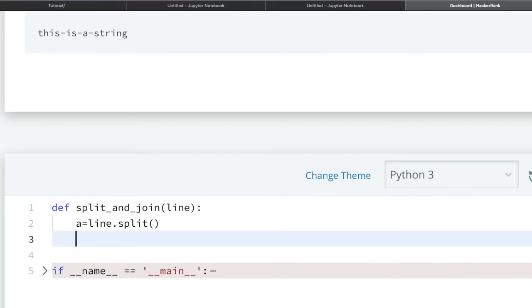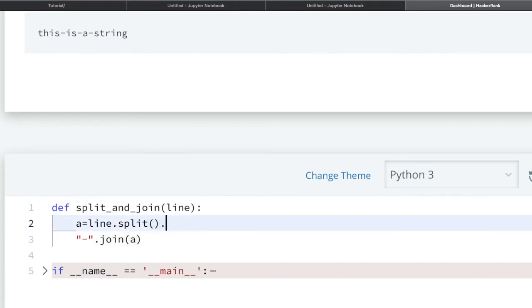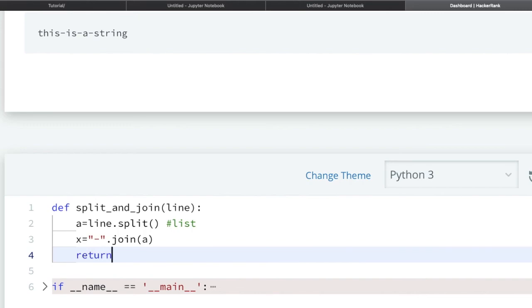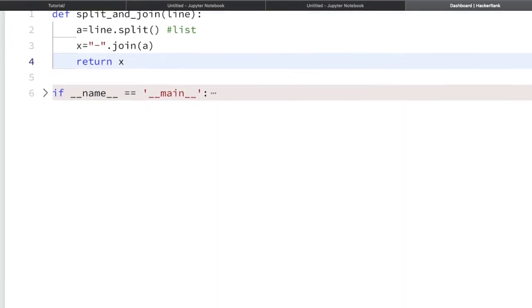So let us use the string, hyphen dot join, this a, which is the list that split returns. Now we join this list on the basis of a hyphen, and we save this in a variable, suppose x. Now we are done. Let us return this x. So we are done.